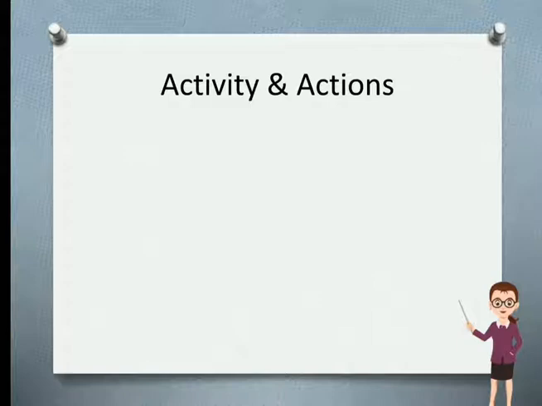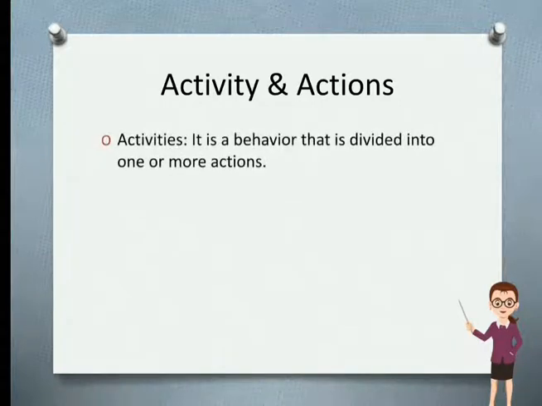So the first important thing in activity diagram is activities and actions. The executable and atomic computation is called an action. For example, evaluation of some expression, sending a signal to some object, creation of an object, destruction of an object. So these are nothing but actions. There are various ways of representing actions: simple actions and expression actions.